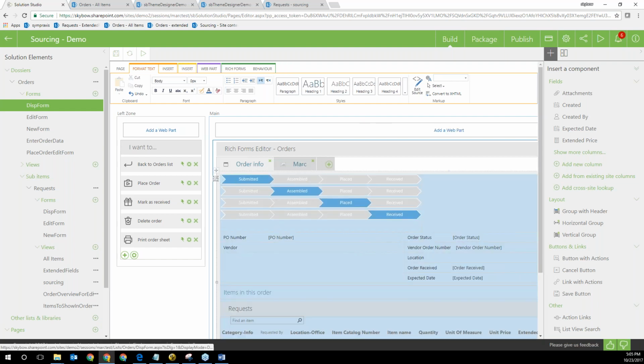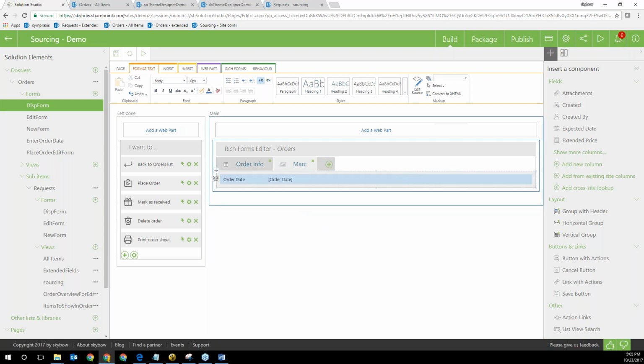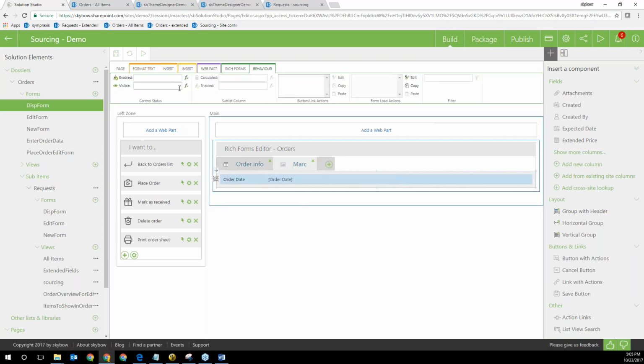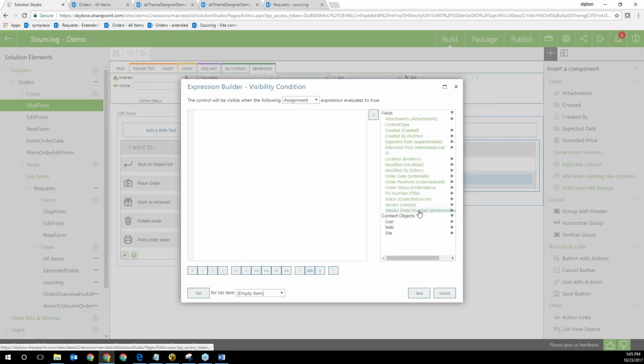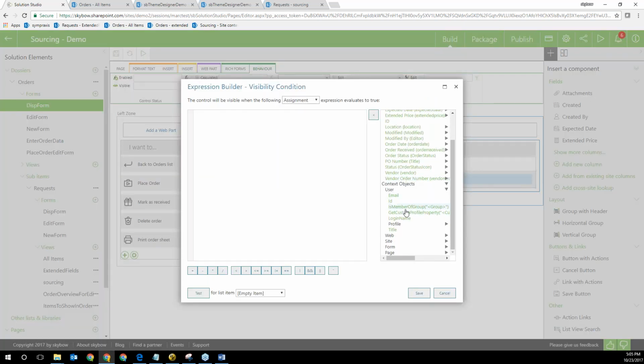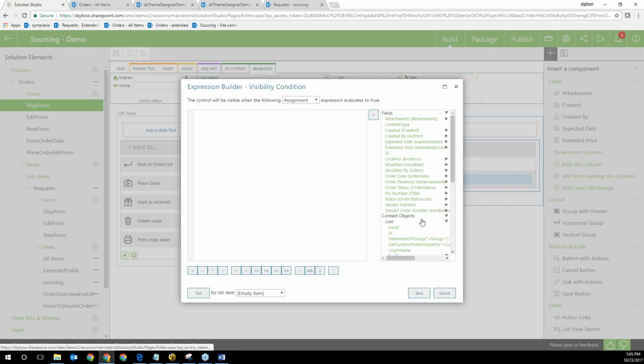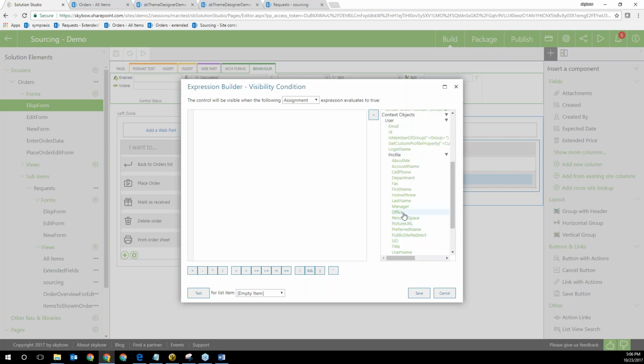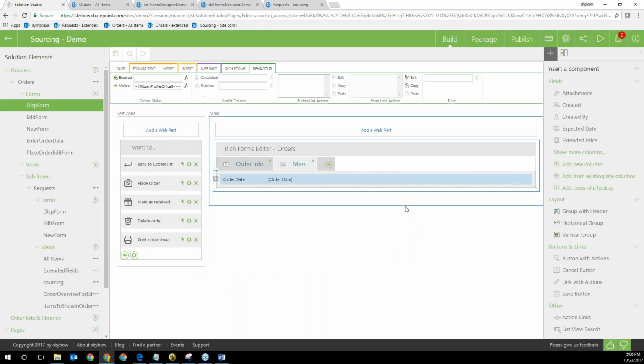Then I go to the Marc tab and say, show me this tab visible only if my current user, and if I go to my current user, you see that I'm getting all the properties about my current user. I actually have my SharePoint context as a developer, all the info of my SharePoint context that I might have. In this case, I'm going for the office, and I say, show this only if this guy is from Germany. It's basically that simple.